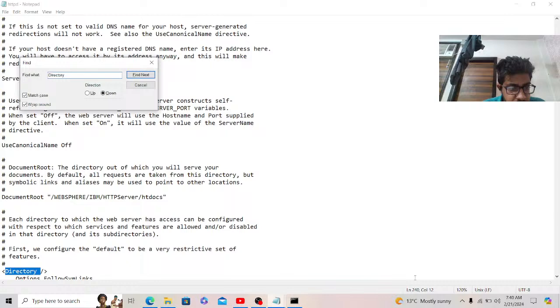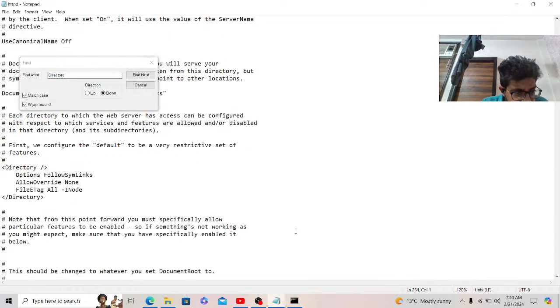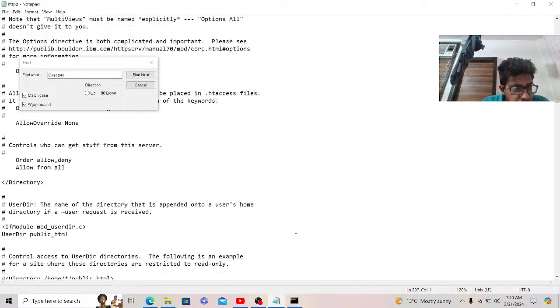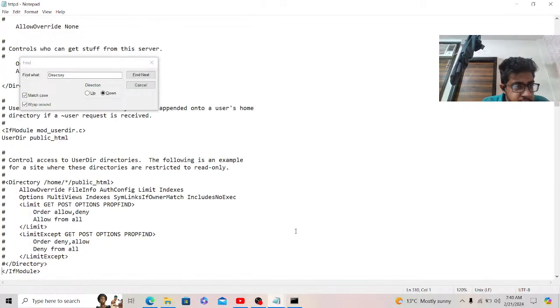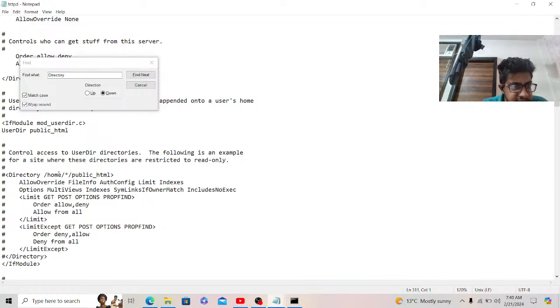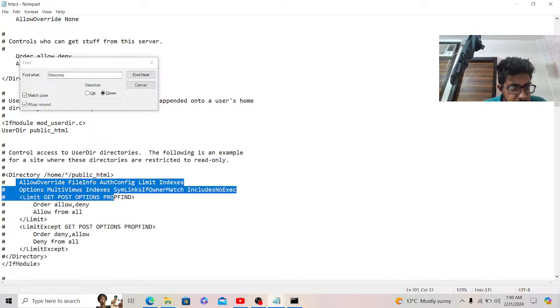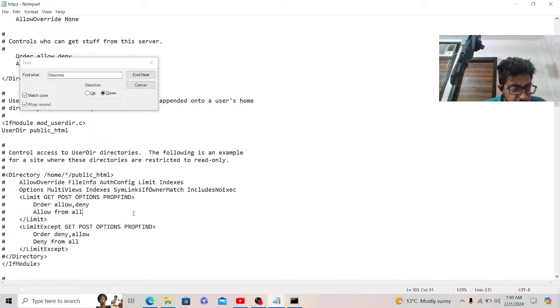See, directory matches, whatever the directory is, home public home yellow override. Okay, post request yellow from all means